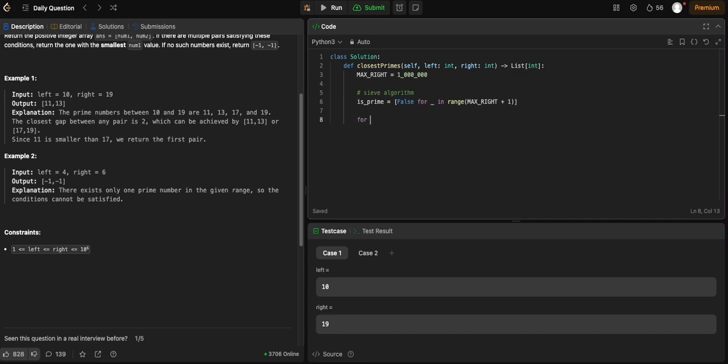So we can just do for i in range. Well, we want to start at 2, and then we want to end at a million, right? So if is_prime[i], so if it is still a prime, what we want to do is, for j in range, do we want a starter? We probably don't need that. Well, what do we want to do? We want to go from